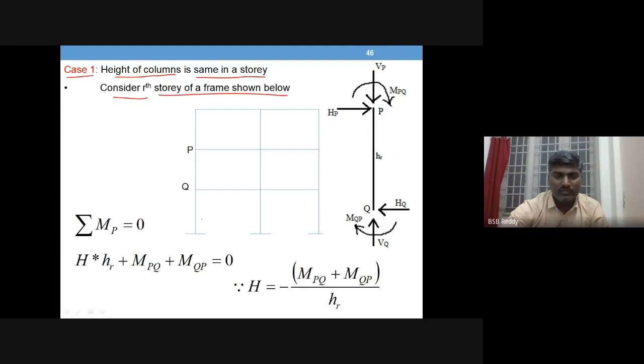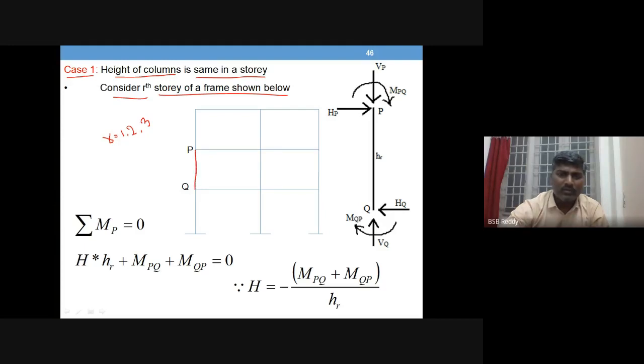So we have some number of stories here. Let it be 10 or 20 or 30, whatever it may be. Take a particular story, that is rth story. So r being story number. So r may be either 1, 2, or 3, whatever it is. So I am considering a particular story here,